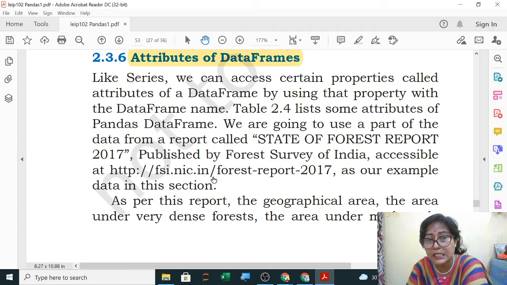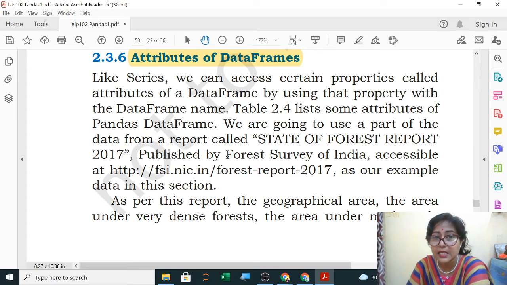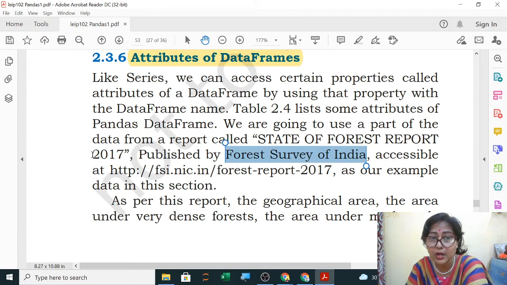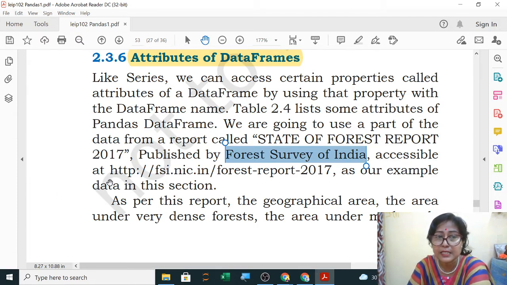As this is given in your NCERT book, I would like each one of you to collect the forest survey of India data from the internet. State of Forest Report 2017 is published by this and accessible at this.